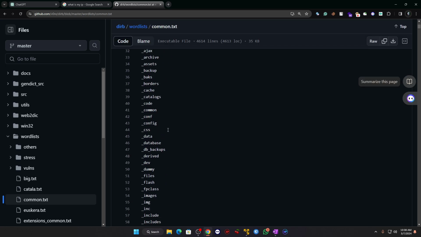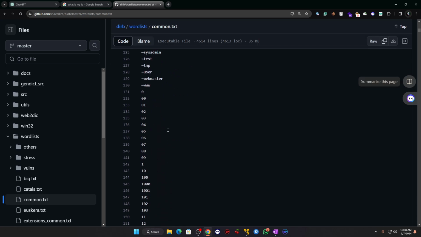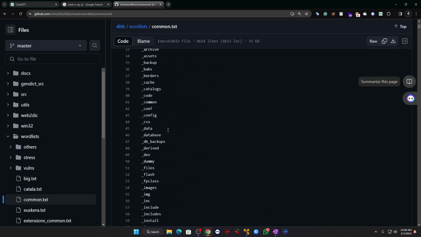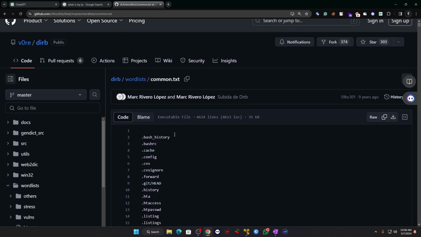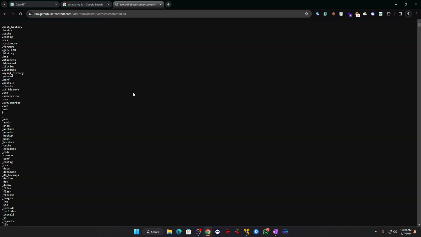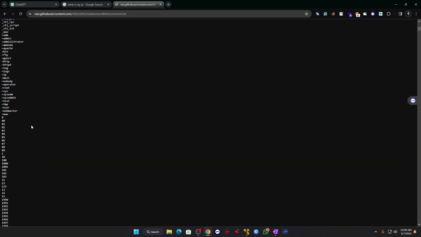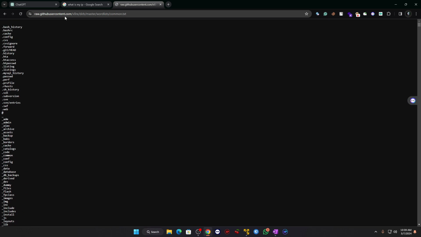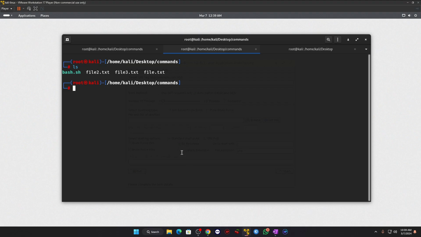This file contains some keywords you can use for brute force, and we will learn it in the future. I'm just telling you how you can download stuff from the internet. You can download the file from here directly, or you can click on raw, and you can see it is viewed in a very good format. So you can copy the entire url,